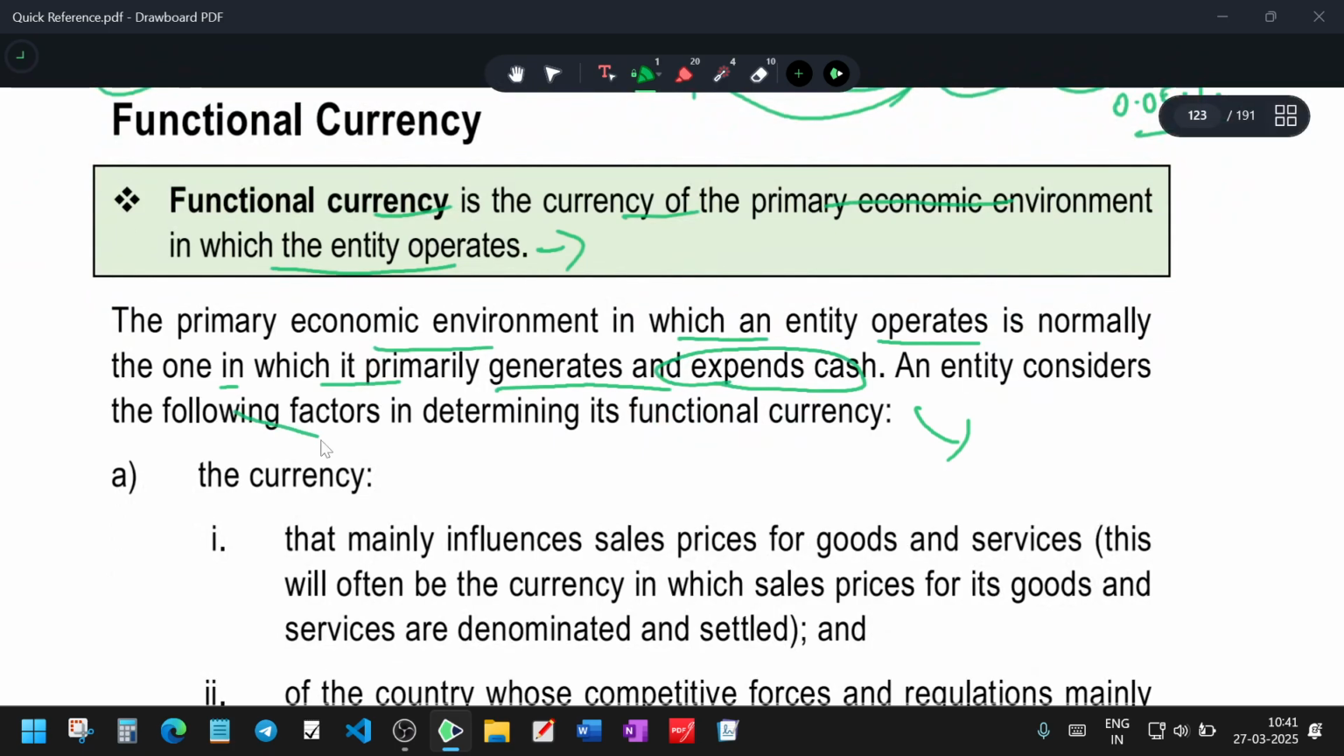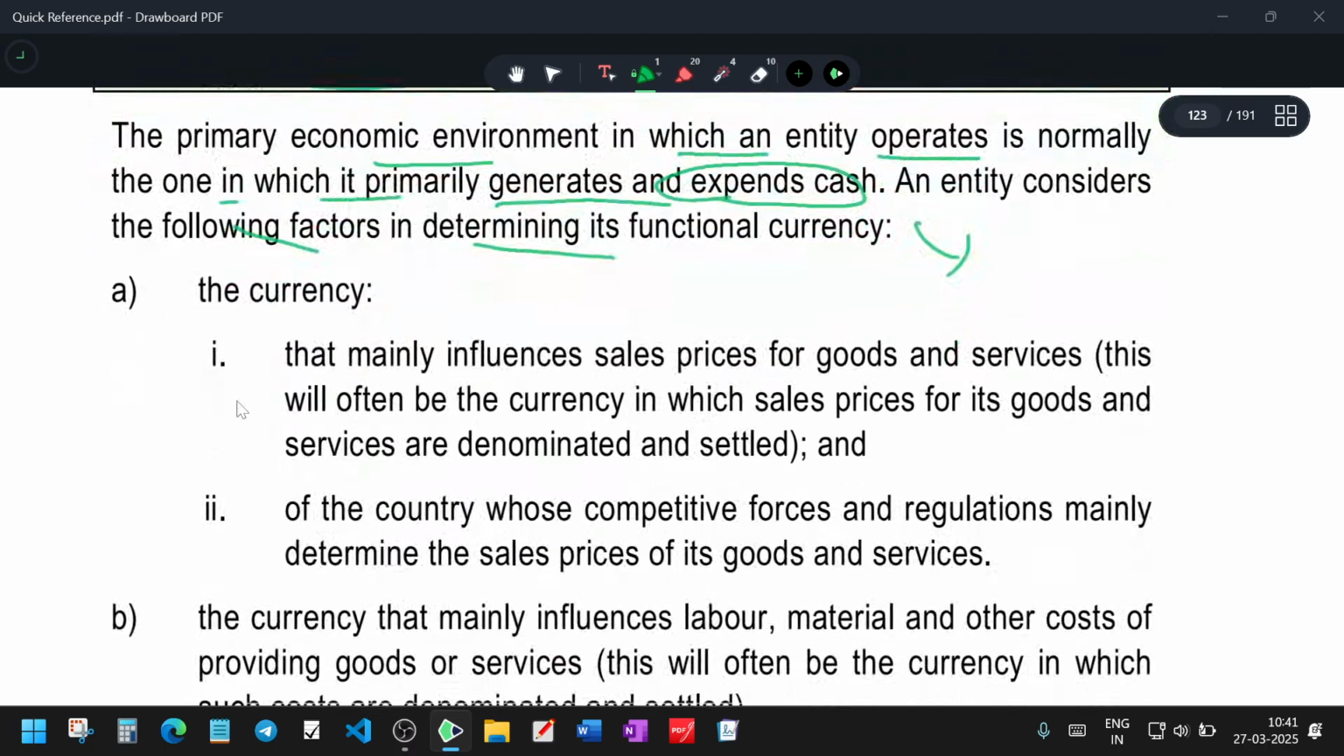The entity should consider the following factors to determine the functional currency. What are the factors? The currency that mainly influences the sale price of goods and the sale price of services, which will often be the currency in which sale prices of goods and services are denominated and settled. So you see the sales,